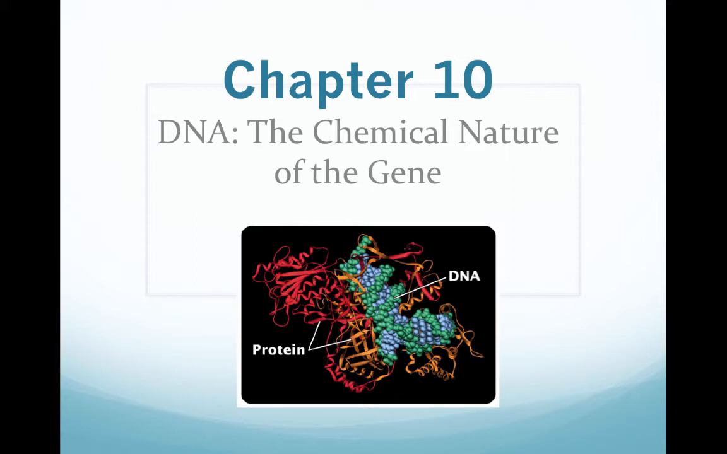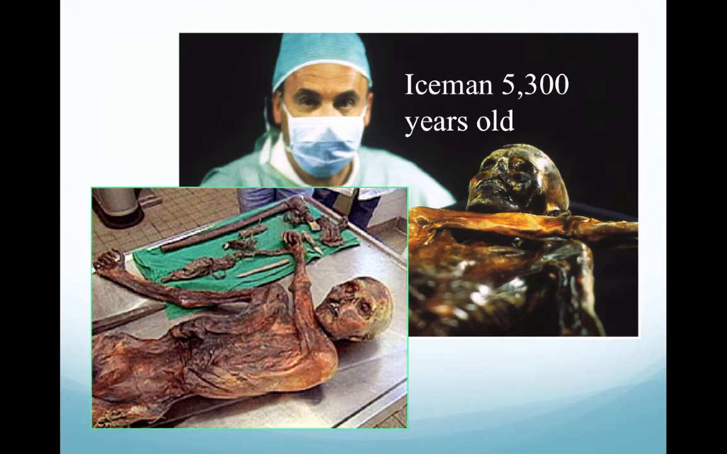So, chapter 10 is taking that concept of chromosomal structures a step further, and we're looking at the chemical nature of the gene. So, we're actually looking at what makes up DNA, RNA, and protein. All right, so